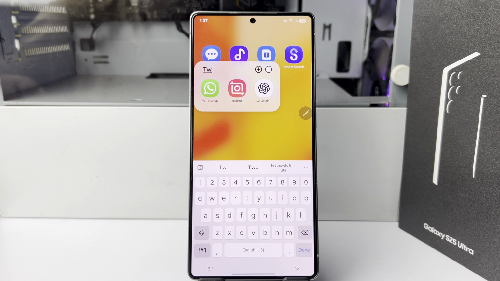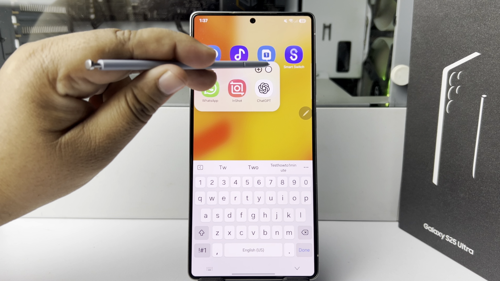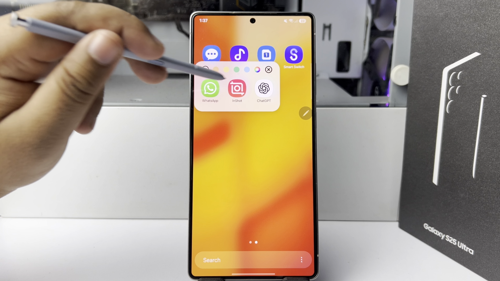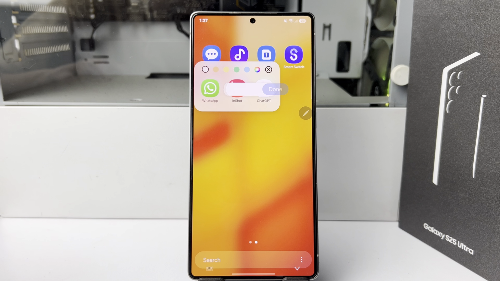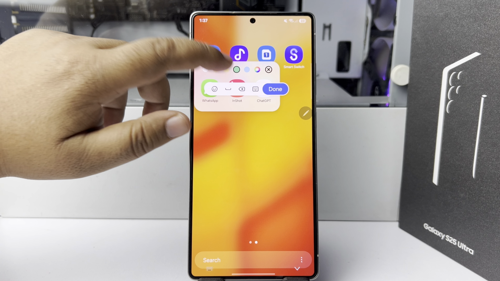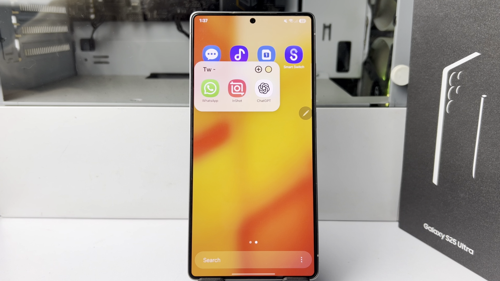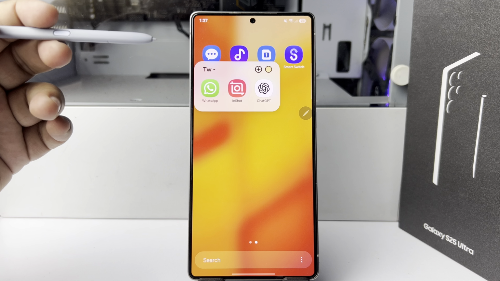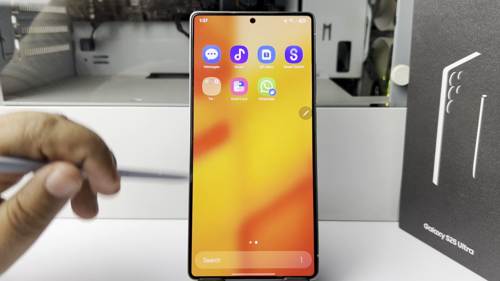And then to change your pop-up folder color, tap on this color box, and here you can go ahead and select a different color for your pop-up folder. Here we can see. Now if you want to remove any specific app from the pop-up folder, just open the